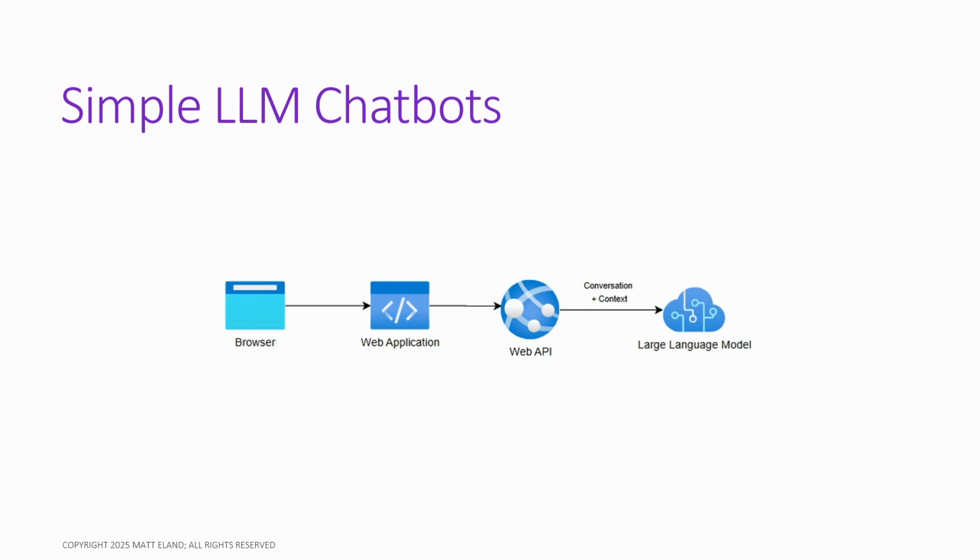But you're making a request. You're saying like, hey, here's my chat message. It's going to this API. And the API is then going to say, hey, I'm going to take this. I'm going to maybe massage it, inject some other things into it, use my own custom prompt, use our history, whatever it might be. But I'm going to send it on to a large language model. I'm going to get a response. I'm going to send that back to the user, and then we're going to repeat the cycle